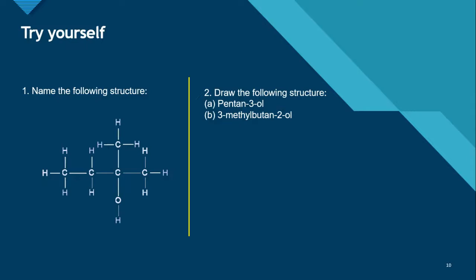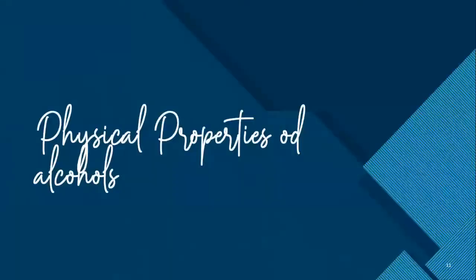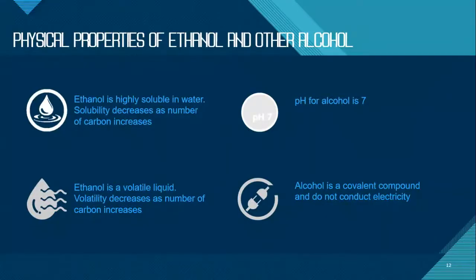Now we're going to move into the physical properties of alcohol. I'm going to touch on 4 main properties. The first one: small molecules of alcohol are highly soluble in water, for example methanol and ethanol. The solubility decreases as the number of carbons increases. It decreases because the soluble part is the hydroxyl group, and the insoluble part is the carbon chain. As the carbon chain becomes longer, the molecule becomes less and less soluble in